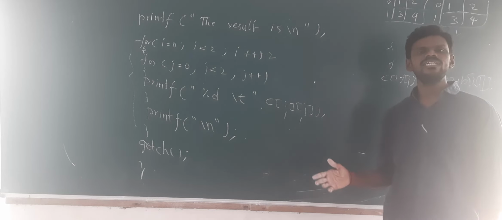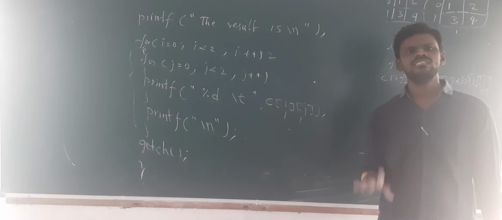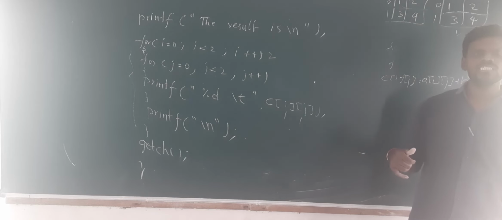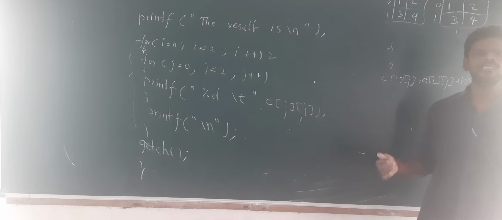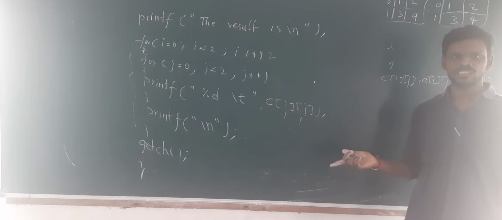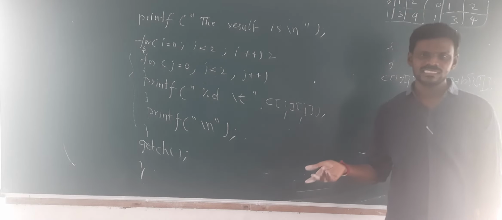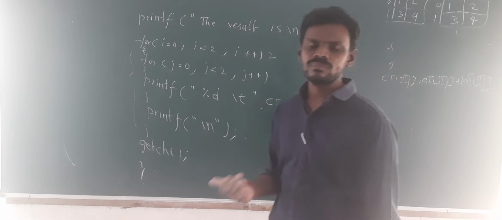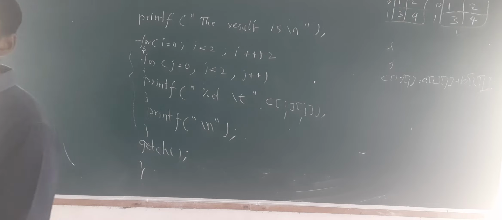In the second unit, as I already told you, there will be one-dimensional arrays, two-dimensional arrays, and strings. From this, you people will receive one question. And from the first part, branching statements and looping statements, you can receive one question. Branching statements means if else and switch. Looping statements means for loop, while loop, do while. And apart from that, you can expect one more question on formatted and unformatted input output functions. This is how you need to prepare for 2 units.